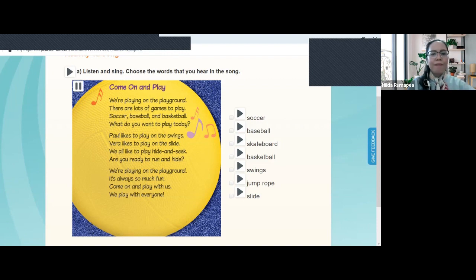We're playing on the playground. There are lots of games to play. Soccer, baseball, and basketball. What do you want to play today? Paul likes to play on the swings. There